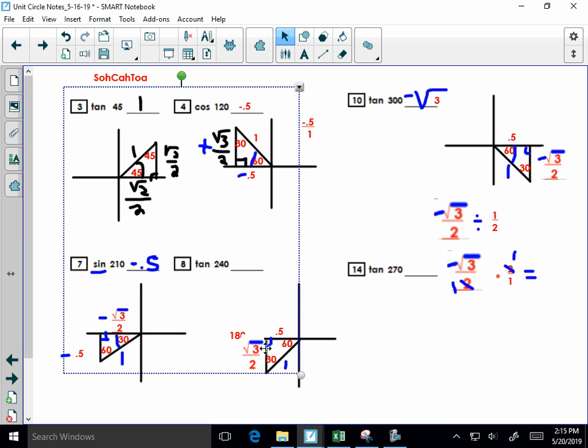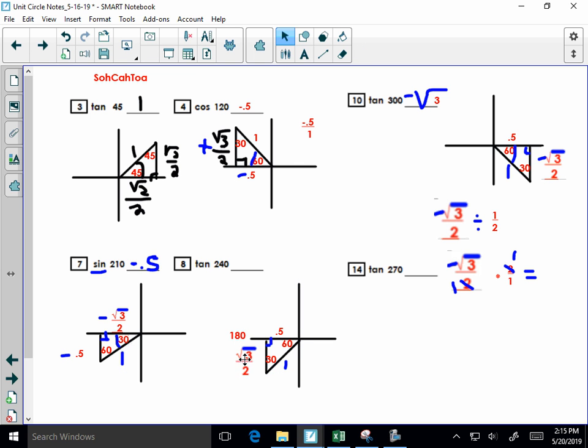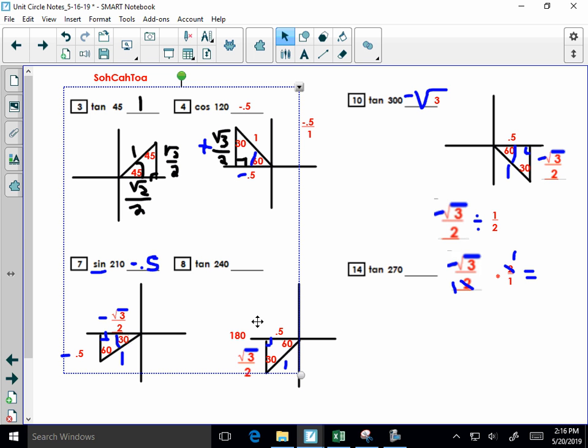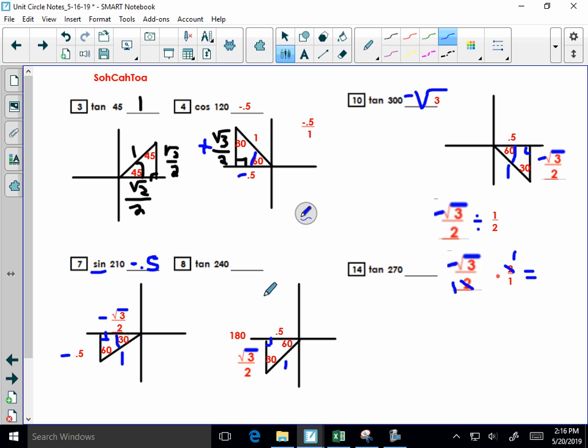And now all I have to do is check to see if I have to change either of the signs to make sure I have the right signs in quadrant 3. Quadrant 3, we went negative in the x direction, so that must be a negative there. And we went negative in the y direction, so it must be a negative there. And since it's asked for tangent, remember tangent is opposite over adjacent. That's the one we're going to have to divide on. So it's negative √3/2